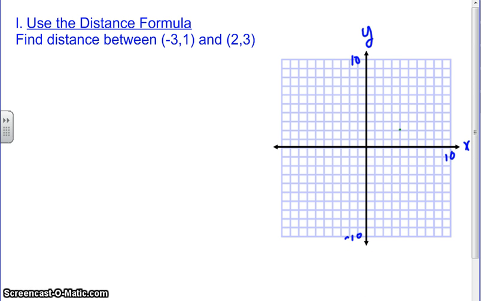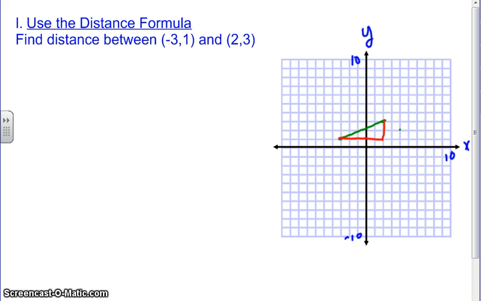Okay, you're asked to find the distance now between these 2 points. So if you have a coordinate plane, you could go and count the legs, right? You could plot this at -3, 1, and at 2, 3. You could draw your little segment, and then you could say, oh, I could draw this in, right? How long is my x leg? How long is my y leg? If you have that opportunity, then the